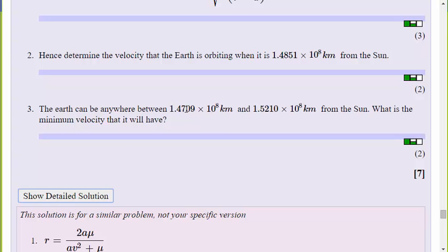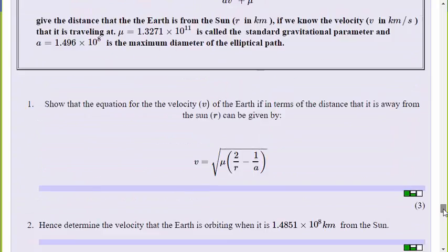This is the closest the Earth can be to the Sun, and that's the furthest it can be from the Sun. What is the minimum velocity that it will have? So they gave us the minimum radius and the maximum radius. Now most people just took the minimum radius and substituted it in there. But notice here,